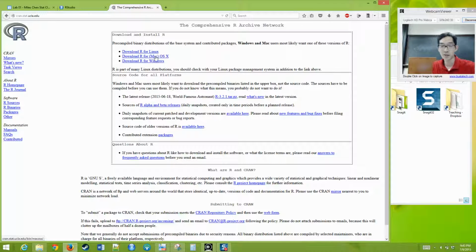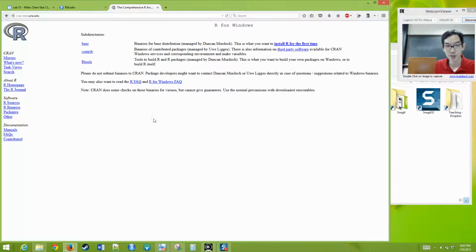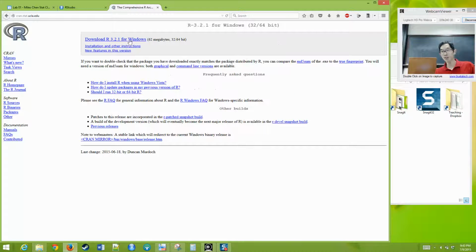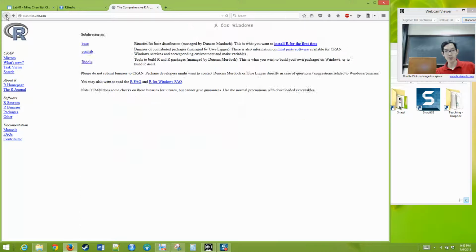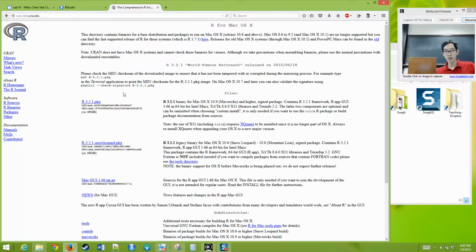Use the appropriate one for your system, okay? If it's Windows, you click install R, and you download and install the thing. Or if it's Mac, you download the package and open that up, okay? So there's two things you've got to install. First you have to install R, and this is known as vanilla R,